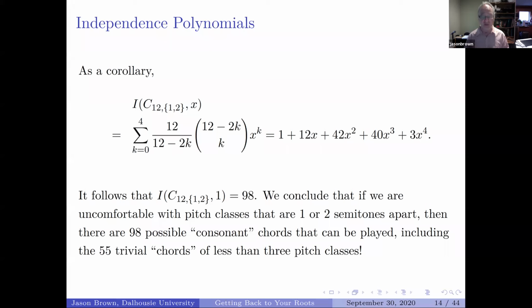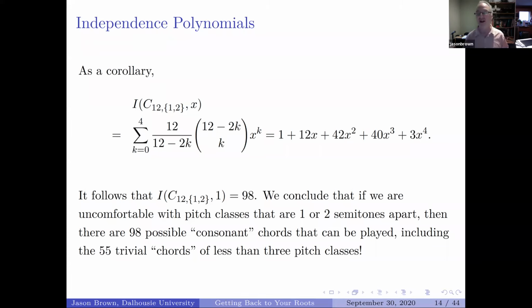There's a notion that if you listen to pitch classes that are close together, people tend to find it, if they're very close together, to be harsh. And this is a subjective feeling that people have. Some people have a broader tolerance for this kind of dissonance. Whether 2 semitones apart is dissonant, hard to listen to, or consonant, sounds good together, differs. If you listen to country music only, you will find perhaps 2 semitones apart is still a little harsh for you. If you listen to jazz, you might find that acceptable or even pleasant.